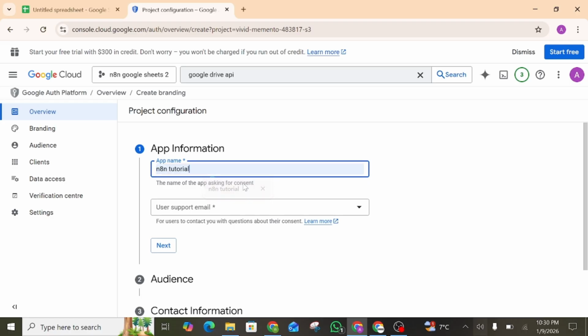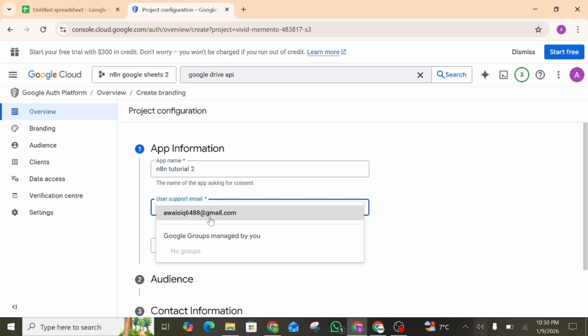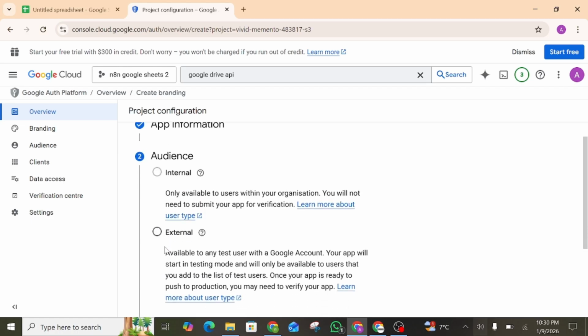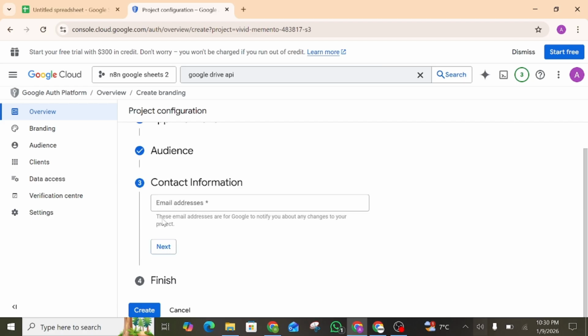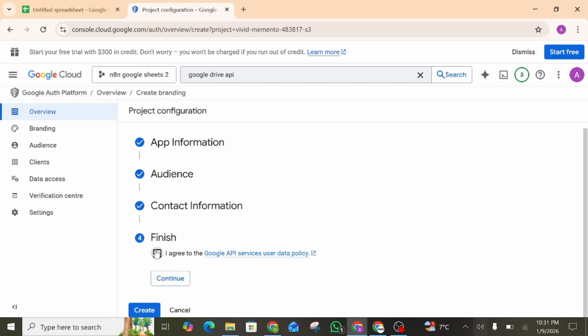For example, I am going to name it n8n tutorial 2 and the email will be this. Next, the audience will be external. Next, an email address again. Next, and finish it.